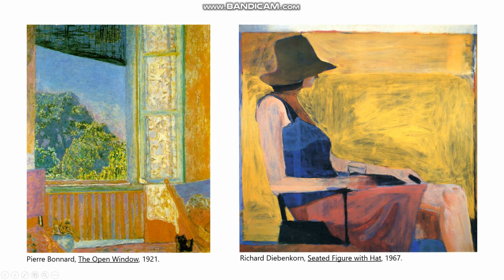I want you to really notice how conscious Diebenkorn here is about the shapes that he's constructing this painting out of, and how much he makes you think about it. It is a painting of a woman sitting in a chair. She's probably outside. She's probably got a lot of sun on her. She's wearing a hat that probably indicates that. She's got a drink. You can see all of these things, but really what you see is this organization of